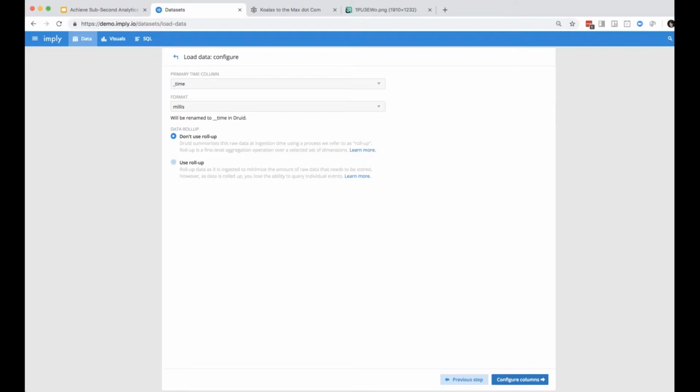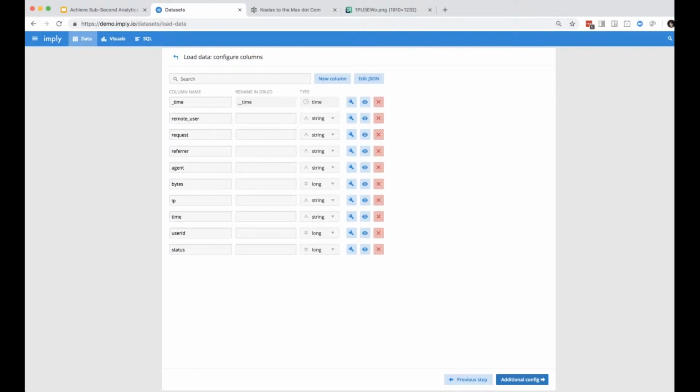Druid is a columnar-based database, so the actual compression of each column is already very high. We usually see a 10-to-1 to a 50-to-1 compression, based on the roll-up and based on the fact that it's a columnar system. Once I have the columns, I can change configurations.